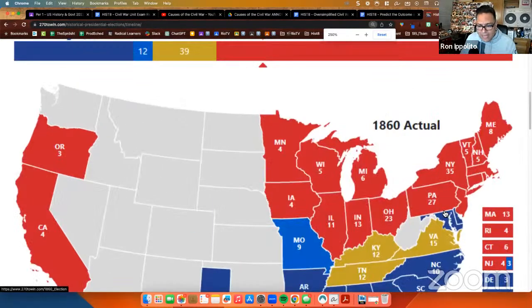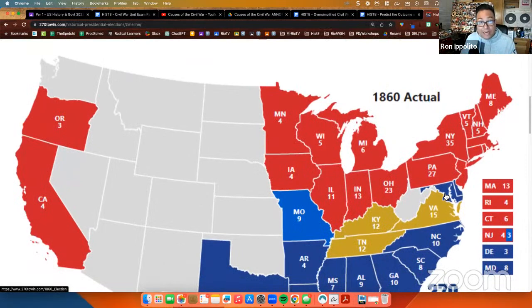Well, Washington, D.C. is right here. So imagine what happens to Washington, D.C., to the White House, to the Capitol building, to Congress, if all of this land here secedes, right, and breaks away and joins the Confederacy. Your capital city is entirely within enemy territory. You can't have that. That's not good for your country if your capital city is entirely located within the territory of the enemy you're fighting against. So Lincoln needed to keep Maryland, needed Delaware,